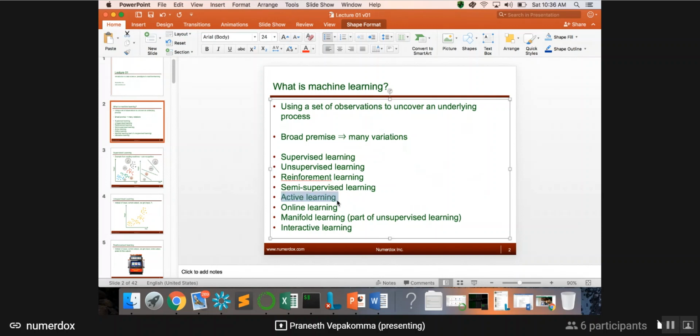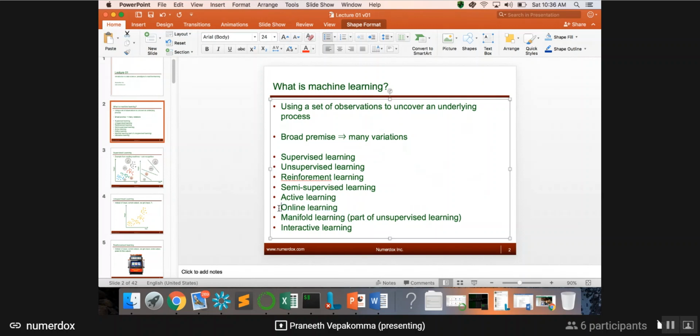Active learning, similar setup. You're paying to send, say, a record to an investigator, and you're paying for his time and money. So you're going to only send those records that you think are very hard for a model to classify whether it is fraudulent or not. So you're going to figure out which records will give you the biggest hurdle or uncertainty beforehand in being able to classify whether it's fraudulent or not, and based on that you send it to the investigator. So it's a similar setup.